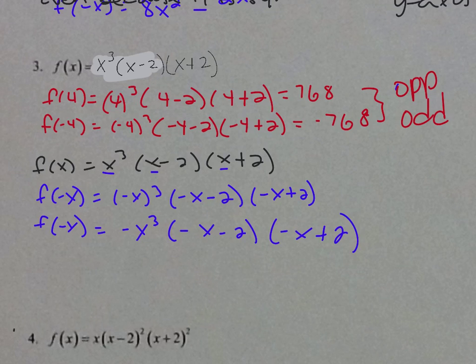Okay, so notice these are opposites, right? So I have positive x to the third, negative x to the third. X minus 2, negative x minus 2. Look here, I have negative x plus 2. X plus 2, negative x minus 2. These are opposites. So let's write that down. Opposites. So it's odd. Okay, so we're going to write an odd function